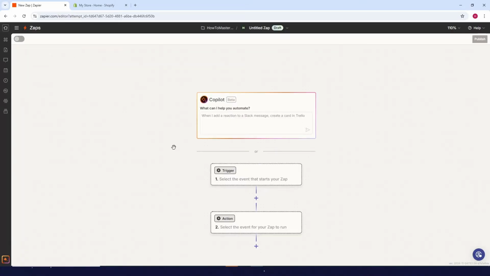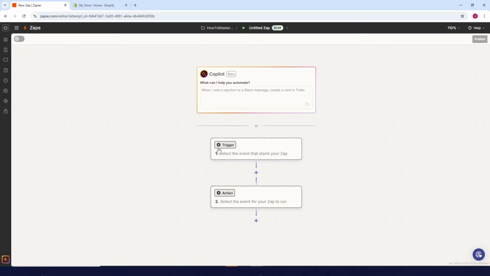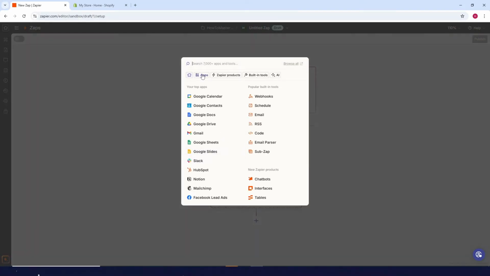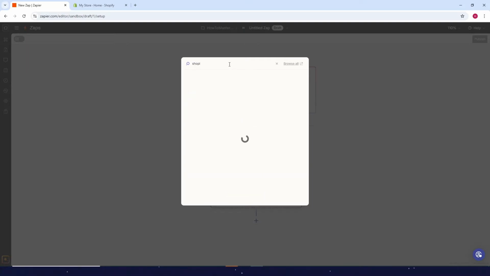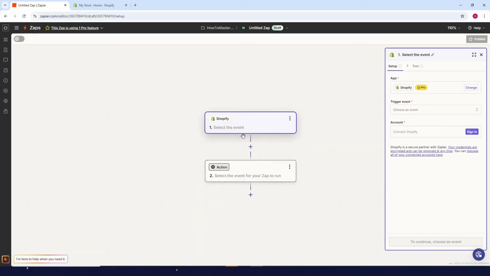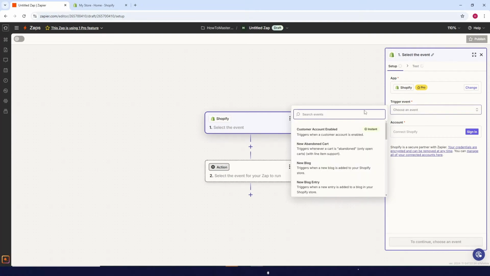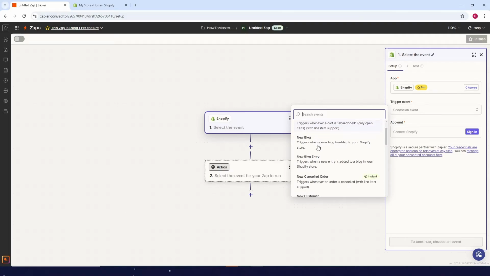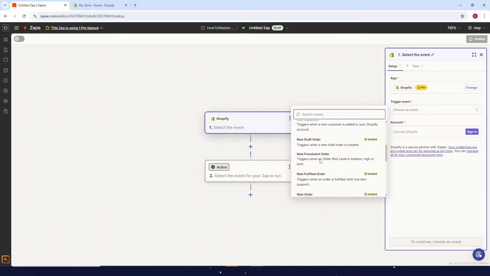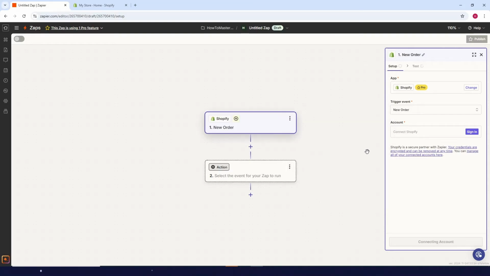Okay, now what will happen here is just click on the trigger, then look for Shopify. So let's just search for Shopify. Click on this one. Then what you need to do here is just choose a trigger event here, anyone here that you want to use. So let's say you want to use new order as a trigger event,